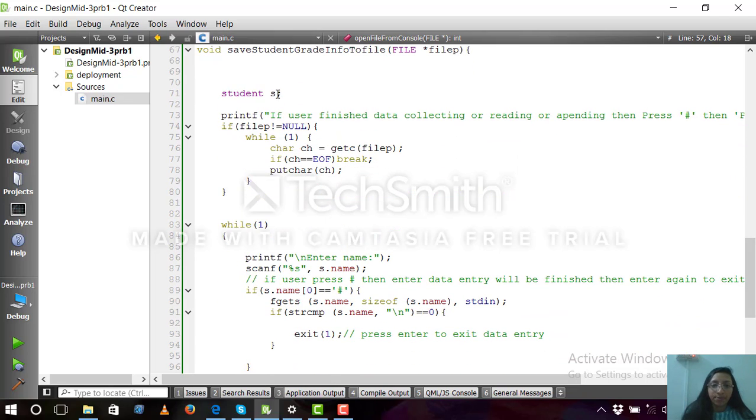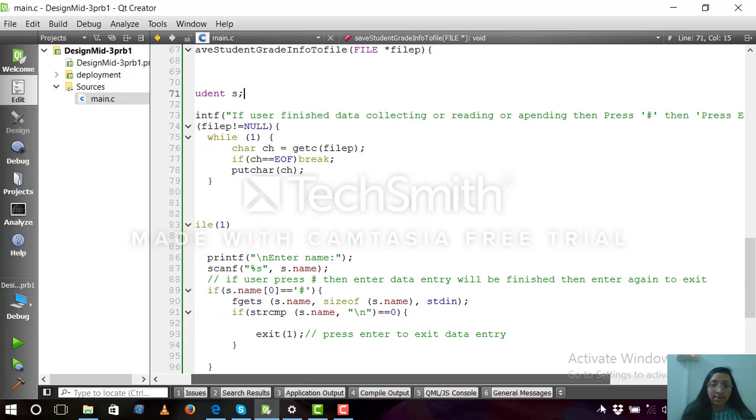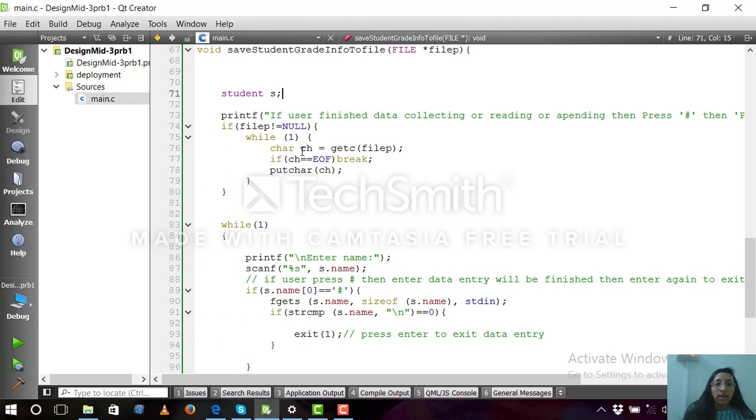Here I have declared a variable s of data type student. Then it's written that if the user finishes data collecting, they will press hash. After that they will press enter to exit the console. So if it's not equal to null, it will printf name and save the name, and since it's a struct, I'm going to write it as s dot name.